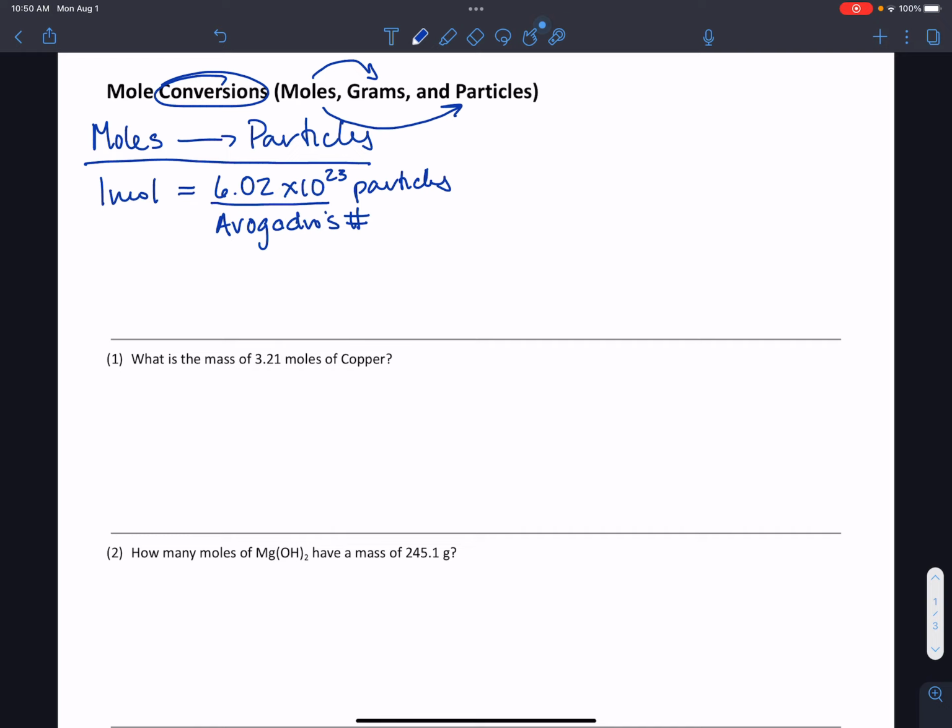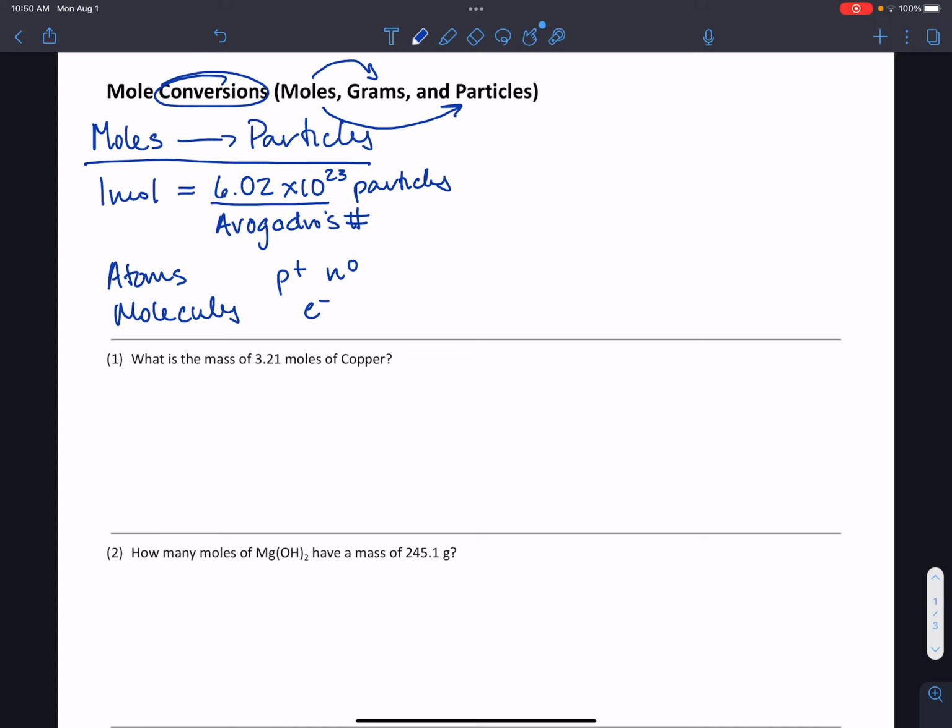Now it doesn't make much sense to talk about things like basketballs or soccer balls or baseballs in terms of a mole because that's a lot of items. But items that are really small, such as atoms, molecules, protons, neutrons, electrons, it's good to be able to put them into a group that actually is something visible to the naked eye. So Avogadro's number is really large, but it makes sense because we're dealing with stuff that is really,